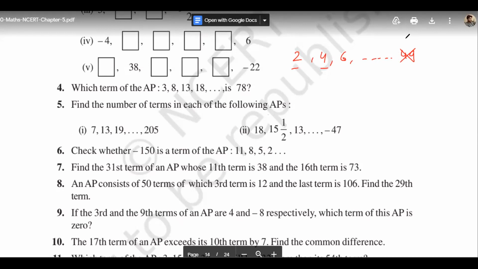ओके सो मैं बोल रहा हूँ कि अगर आपने कोई एक एपी को कंसीडर किया है और उसमें आपने कोई एक टर्म को चेक करना है कि वो एपी की टर्म है कि नहीं है, तो आप उस एपी को एक टर्म मान करके यानी a_n टर्म कंसीडर करके n की वैल्यू कैलकुलेट कर लीजिए. अगर n की वैल्यू आपकी एकदम परफेक्टली, जैसे यहाँ पर आप n की वैल्यू कैलकुलेट करेंगे तो you will get 24.5, और 24.5 कोई टर्म नहीं हो सकती. Term can be a whole number. n can never be 2.5, 3.5, 4/3, 0.67, ऐसा नहीं हो सकता. n can be a whole number.